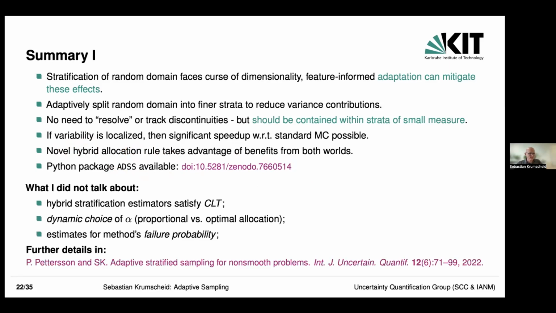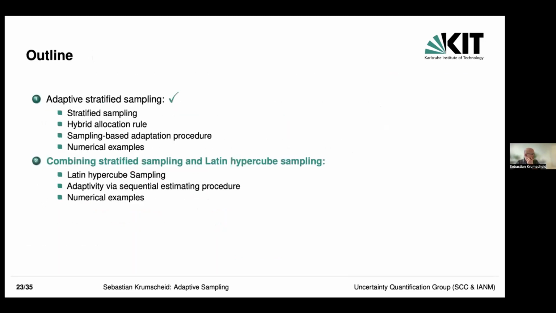What I did not talk about, there are a few theoretical properties that I'm skipping under the carpet here. For example, we still have our standard central limit theorem that is valid, and we have some dynamic continuation idea for the choice of our alpha value. Typically we're starting with a robust estimator to avoid missing discontinuities. So we're starting with alpha small, and then using asymptotic properties from the central limit theorem, we are postulating a procedure to adaptively choose alpha. It's our hyperallocation range. Okay, but so that's completing part one.